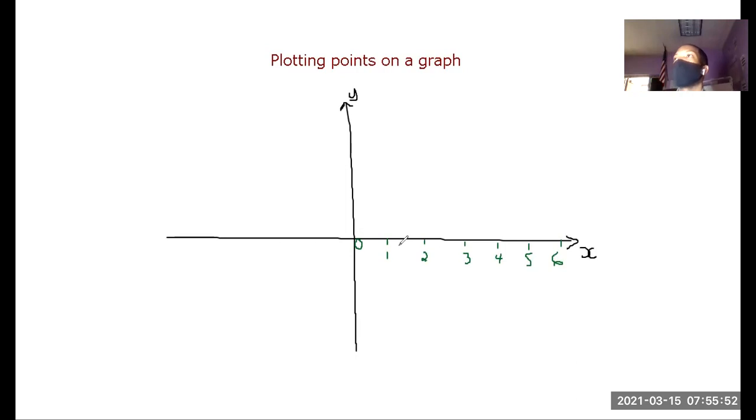But since we're not using graph paper, we're going to try and make each space in between kind of similar. Then on the other side, that's the negative side: -1, -2, -3, -4, -5,